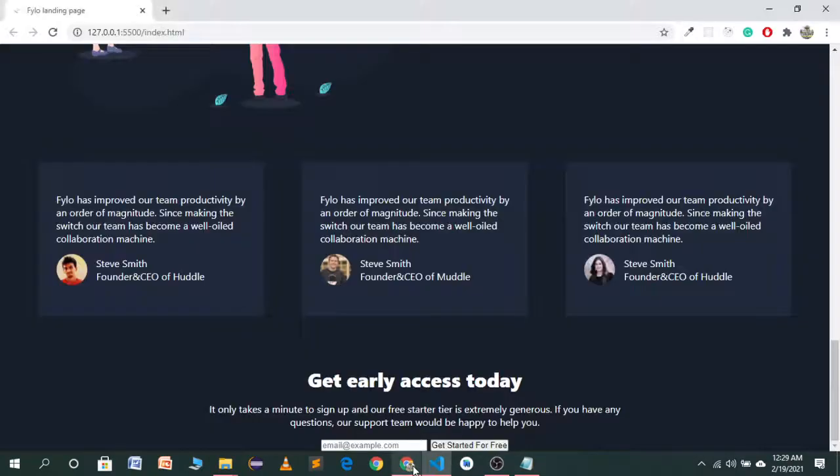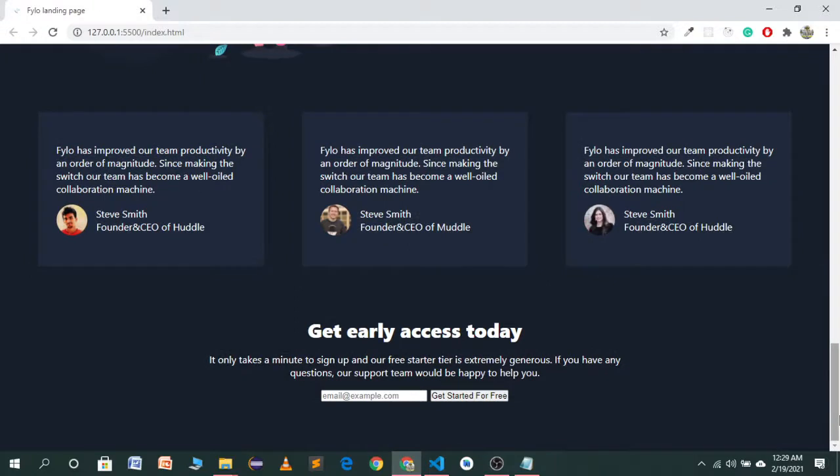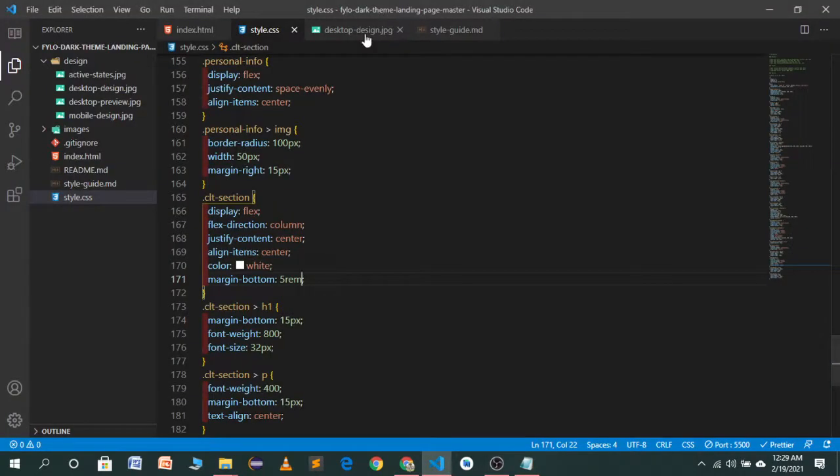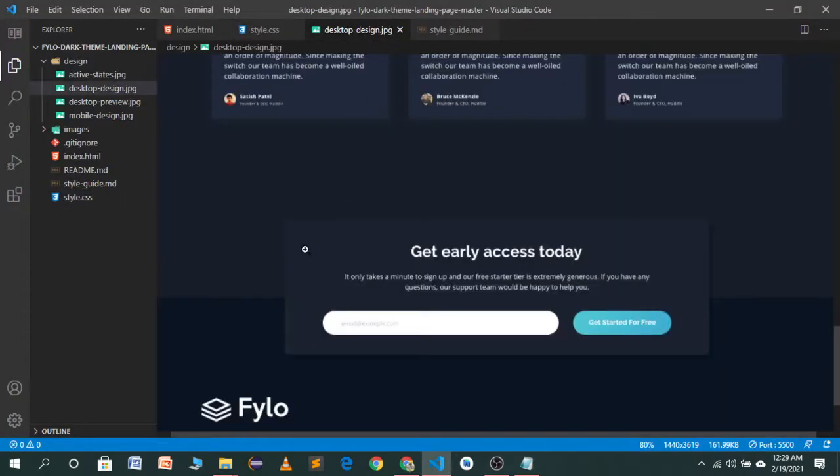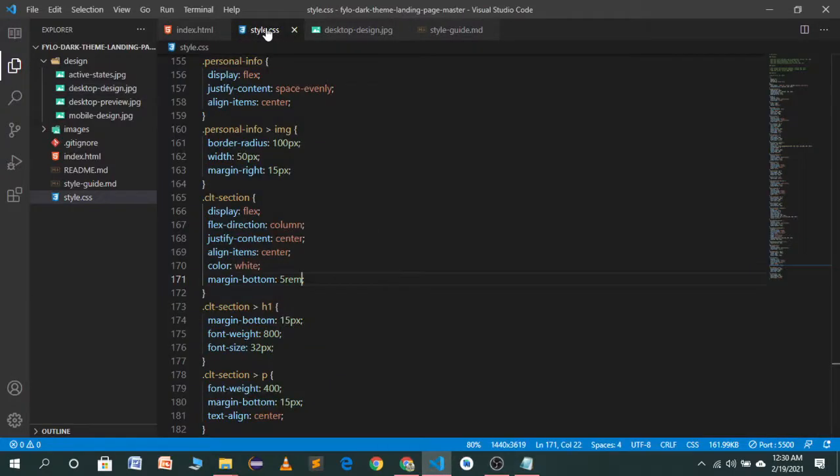Now I think we have to target our input field. Now you will see in the demo we have a background color for our call to action. Now go to our CSS.